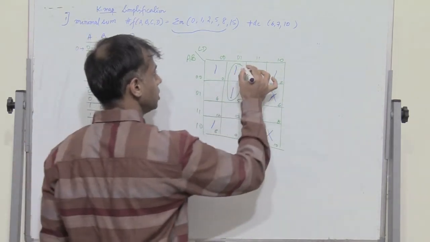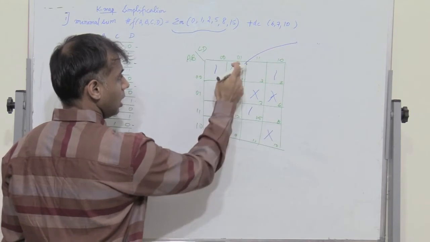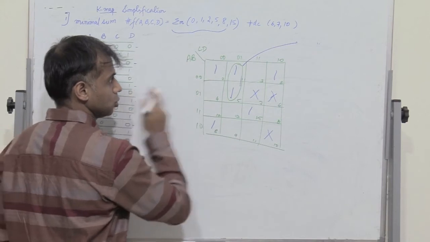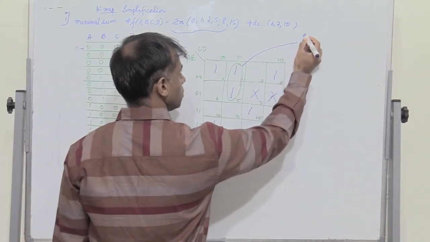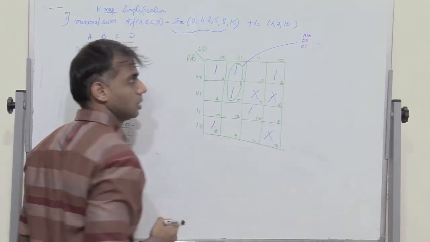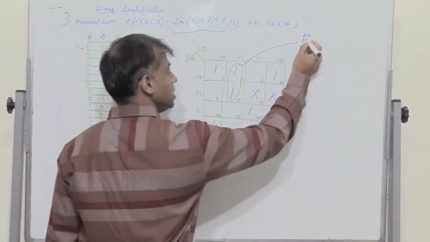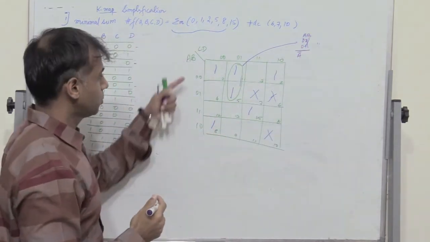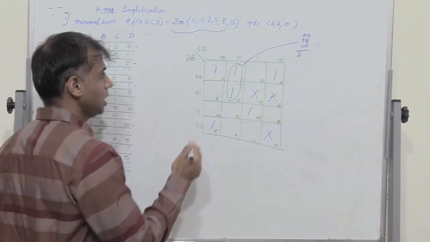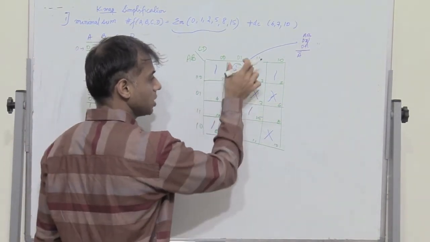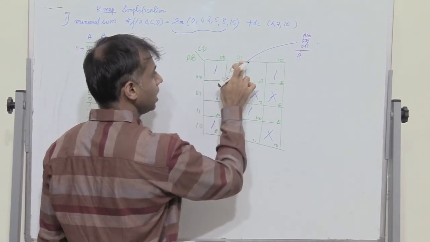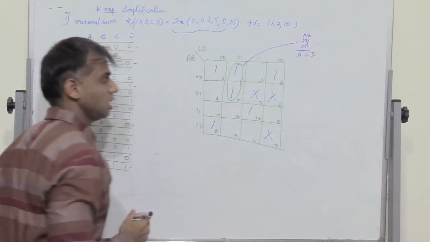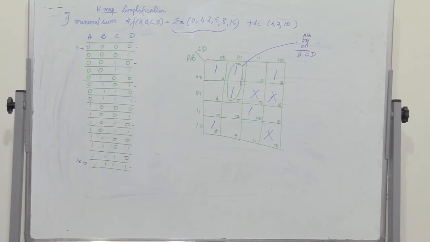So let us see what happens for this. Now for this, you have 2 ones which have been combined, which exist in row 1 and row 2. So you have row 1 which is 0, 0 and 0, 1. So the variable which is in complementary is B, so B gets eliminated, and I have A bar, which is 0 here. A is 0 for both the cases, row 1 and row 2. But then I have a single column. These two ones are present in the same column, which is C bar D, because C is 0 and D is 1. So the expression is A bar, C bar and D.